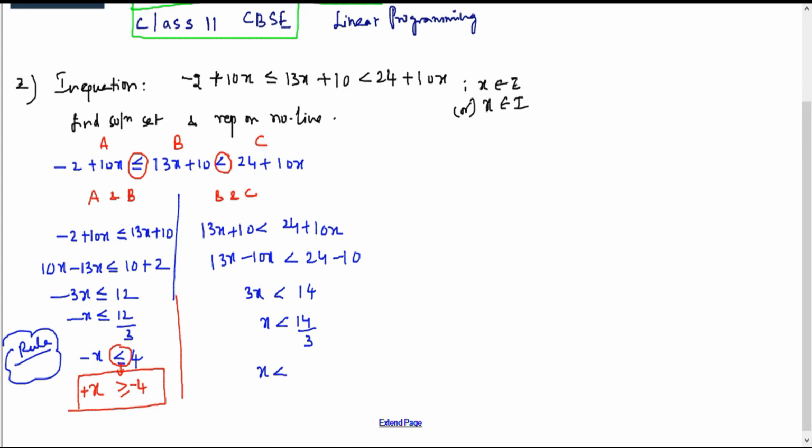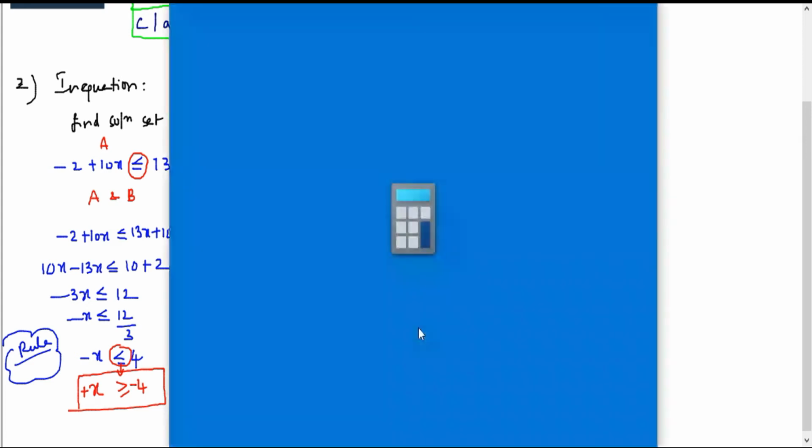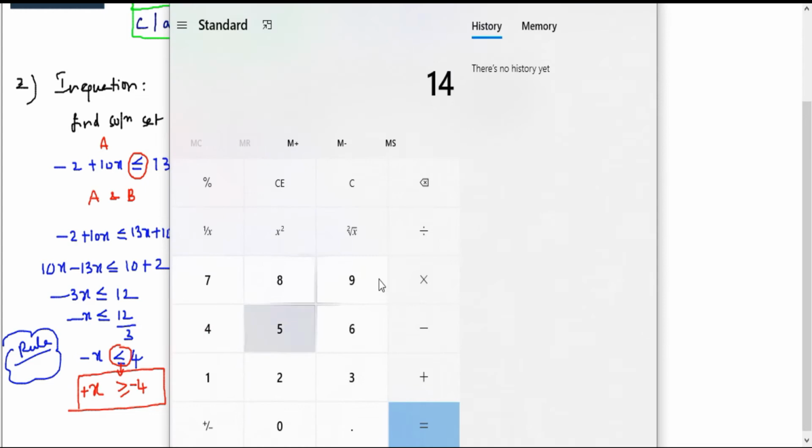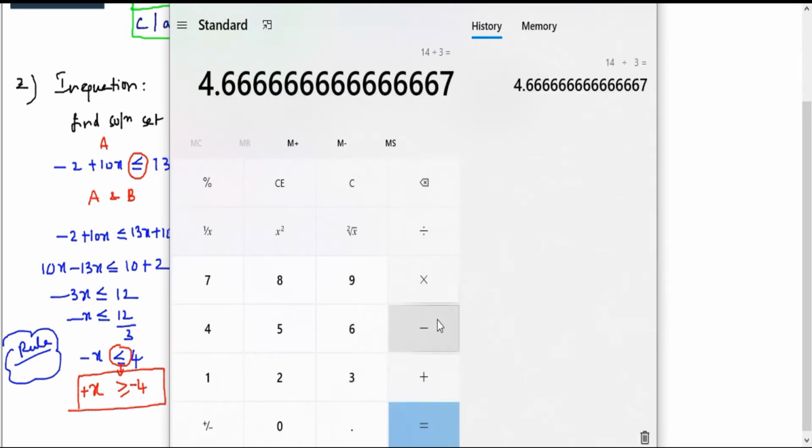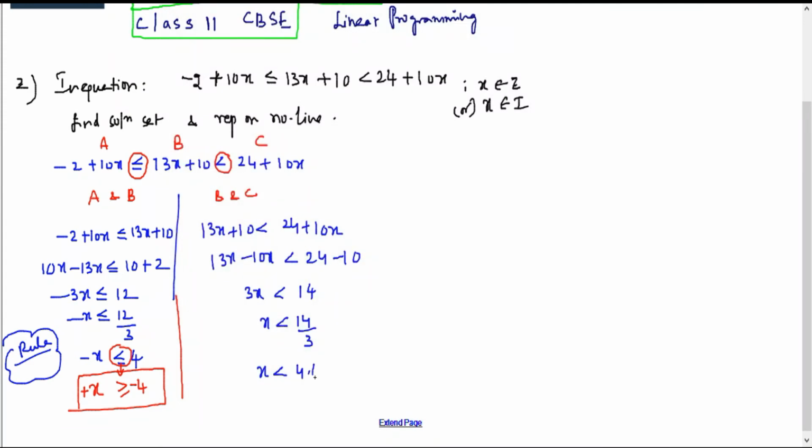If you consider the division, 14 divided by 3, you can do the division part quickly in the rough column. You see that it is 4.667, approximately 4.667 and so on. So since x belongs to the integer set, when you draw the number line, how are we supposed to represent it? We have a number line now. Okay, and then we are going to draw the number line.